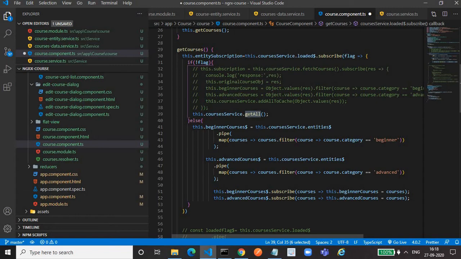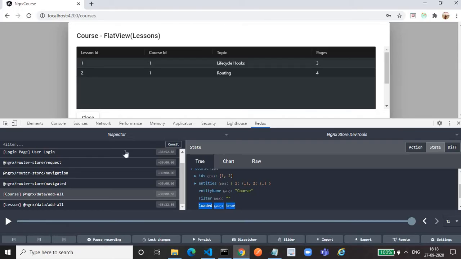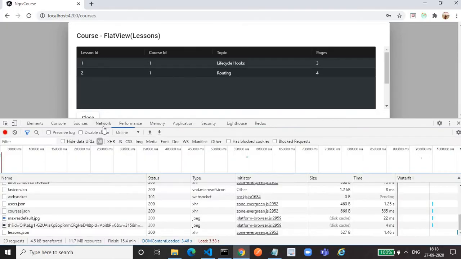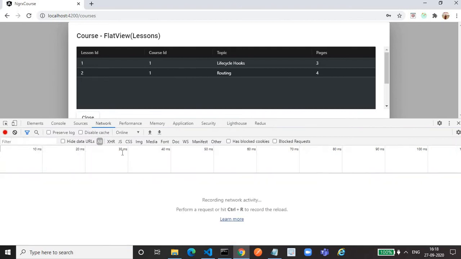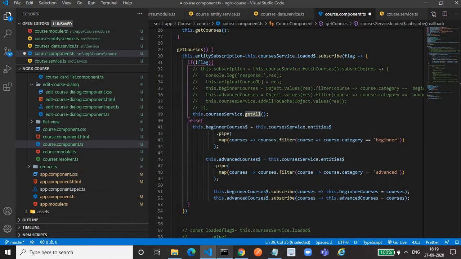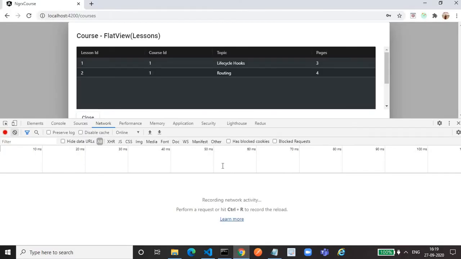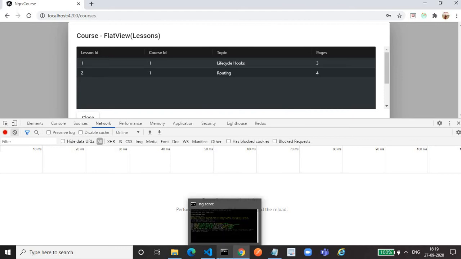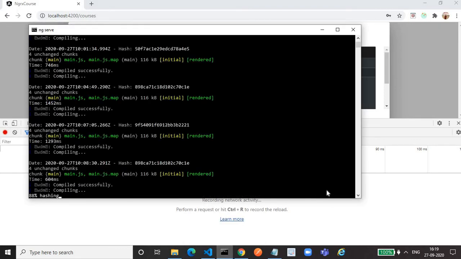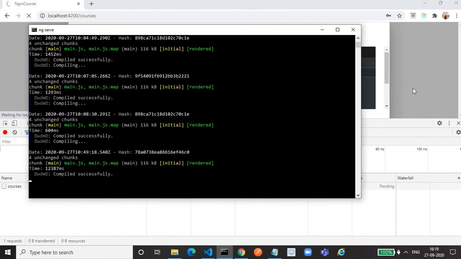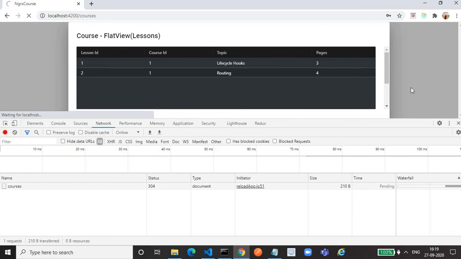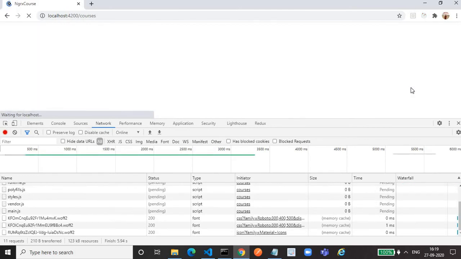We'll see how the API URL looks. For that, we have to go to the network tab. Let's clear it and save it also right here. It is compiling. Have patience. Okay, see.